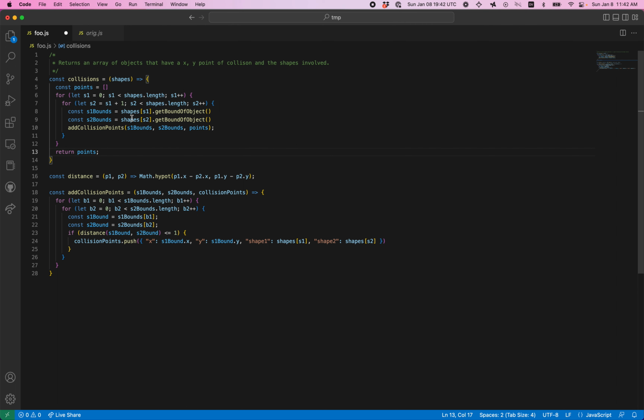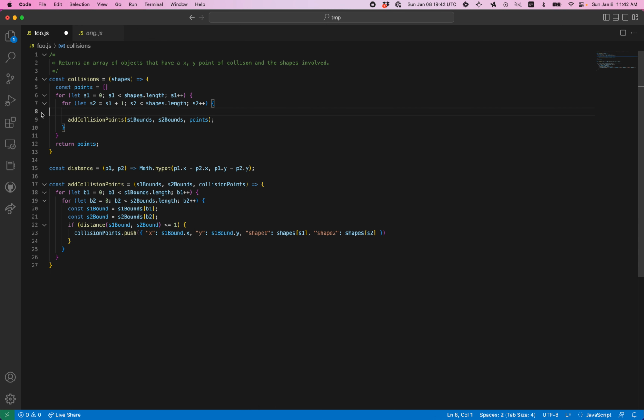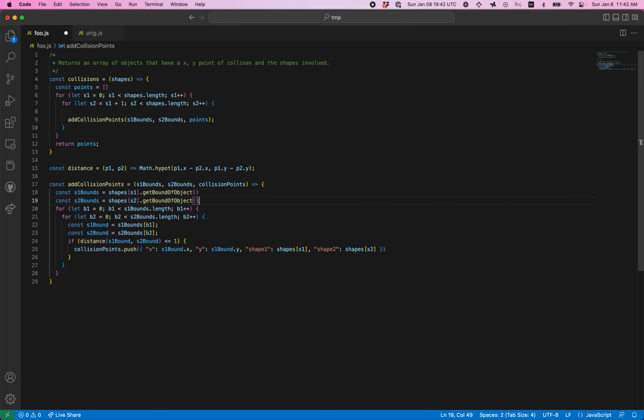And then I would go one step further, and I would say, well, these two things about getting the bounds, I want to put that in here and then make this a function of the shapes themselves, like shape 1 and shape 2. I'm going to change this to be the argument shape 1 and this to be shape 2, so we get the bounds of the shape 1 and shape 2 that were passed in. And that means up here, we need to